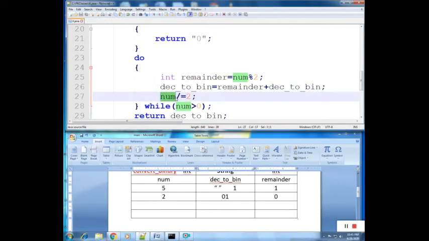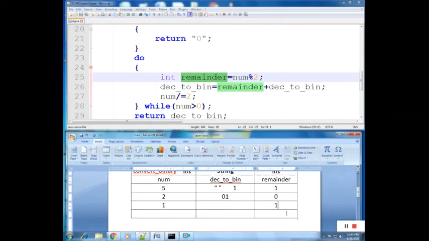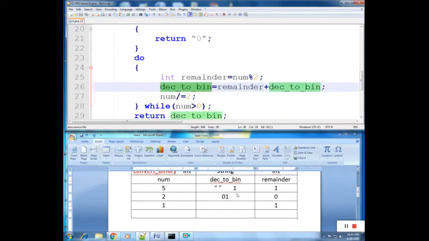Now this will be again divided. 2 will be divided by 2. It becomes 1. Now 1 mod 2 is equal to 1. Therefore the remainder will be 1. decimalToBin is 0 1, so the remainder 1 plus decimalToBin, that is 0 1, and again it will be concatenated as string, that will be 1 0 1.